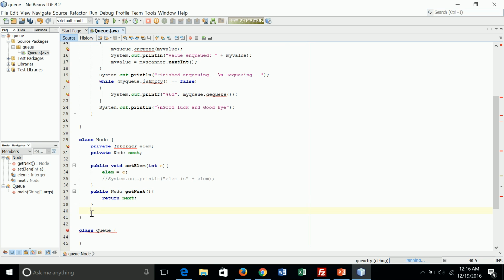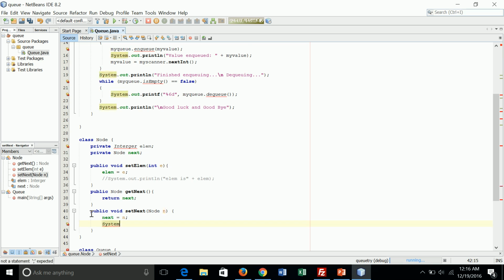Then set next, and also system.out for output, which I will comment out right now. So next is